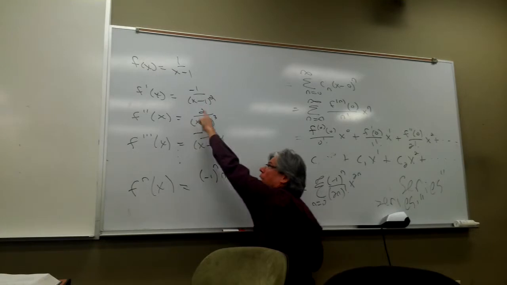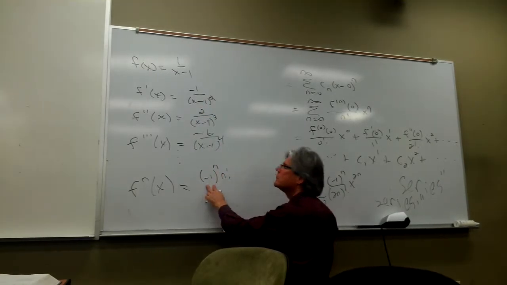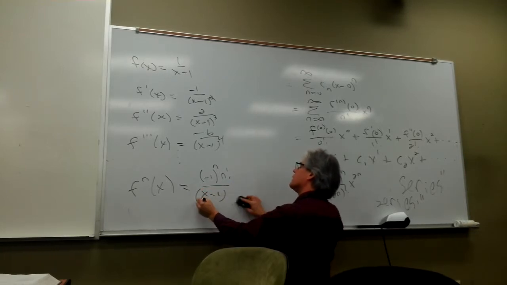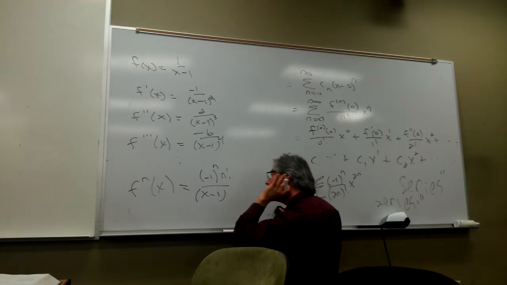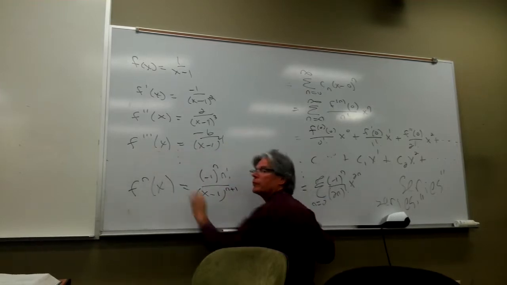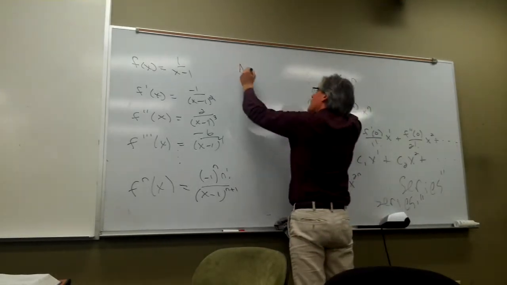Because the first derivative is odd. So when I plug 1 in here, I get a -1. And I think I'm dividing by x minus 1 to the m. And 1 plus 1, I think it's the n plus 1. One more power than the order of the derivative. Okay, that being the case, a power series